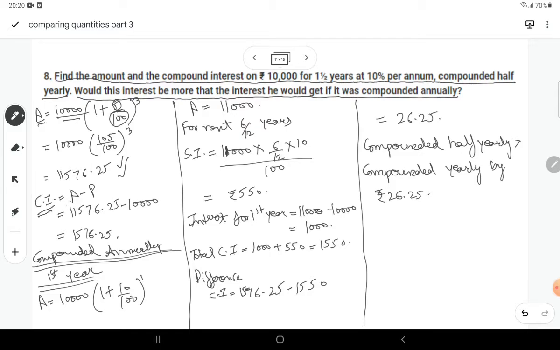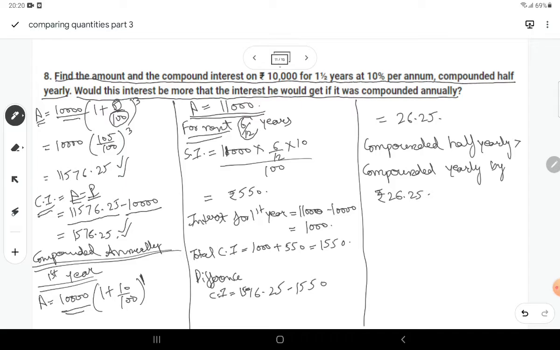and compound interest is equal to amount minus principal. So putting values, we solve 11576.25 minus 10,000 comes out to be equal to 1576.25. So if it's compounded annually, that is for 1 year, then putting the values in the formula, we get 10,000 into 1 plus 10 upon 100 raised to power 1, which on solving gives the value of amount equal to 11,000. And for the next